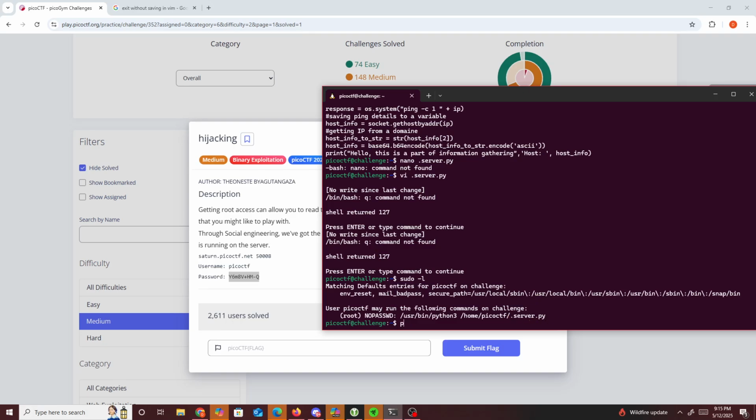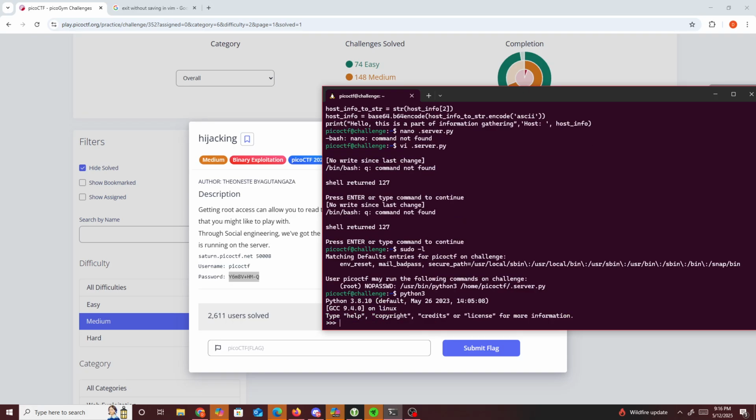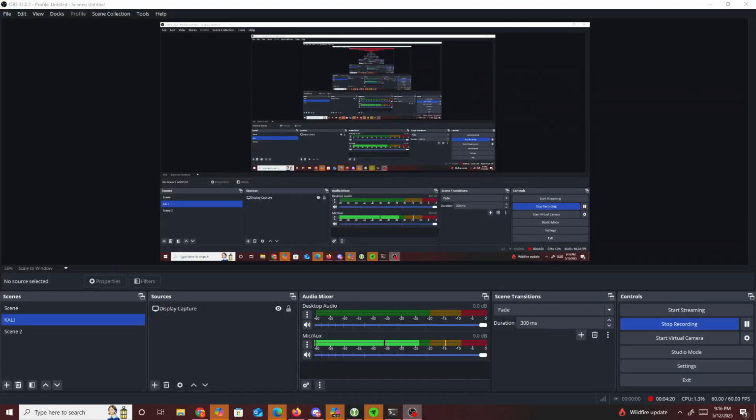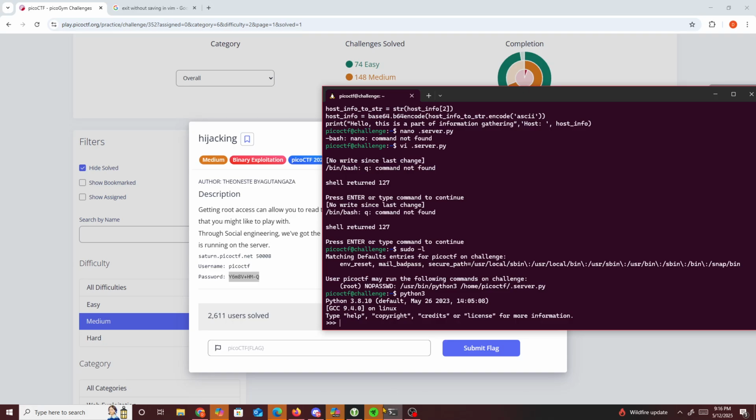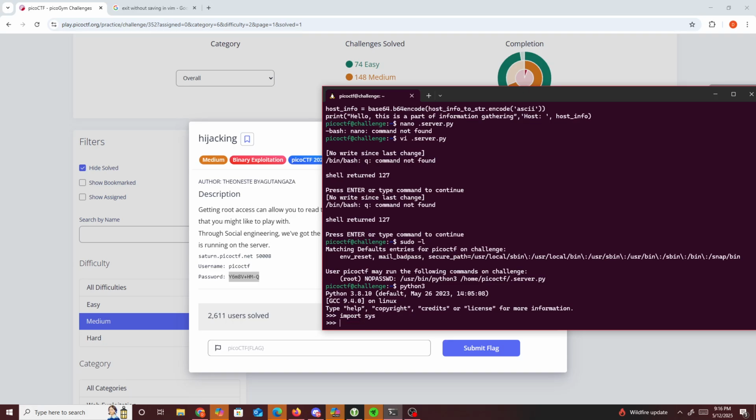So what we could do, and what most people didn't know about this challenge, is that you have certain permissions on certain files. If you weren't familiar, we have the ability to write over some of the files in the Python module. So if you type import os or import sys, and then print sys.path, we can see all the paths available in the Python